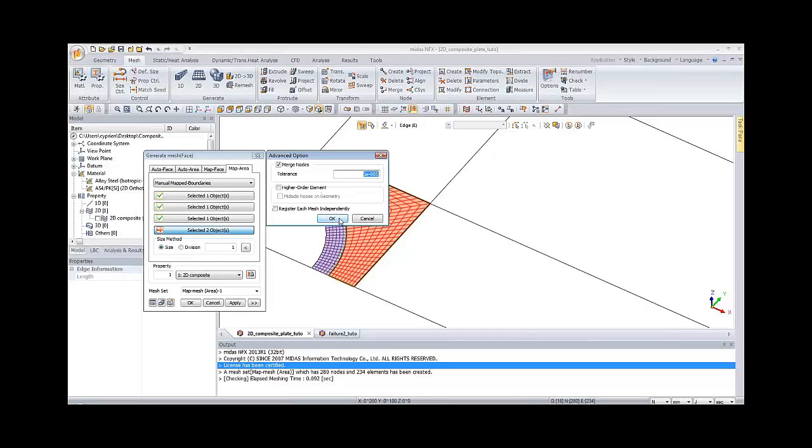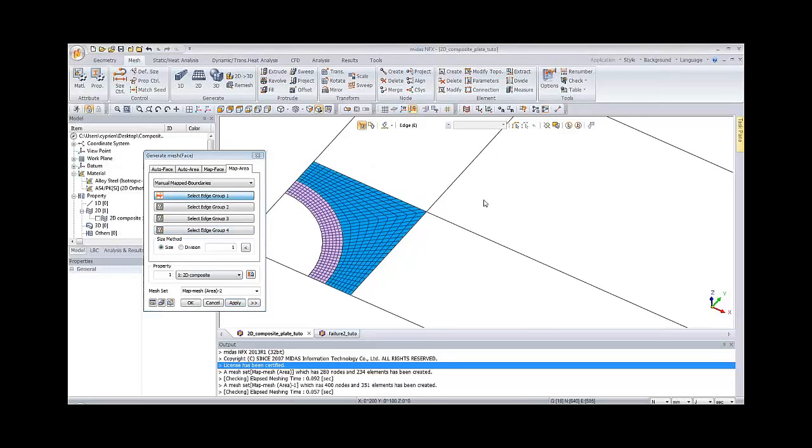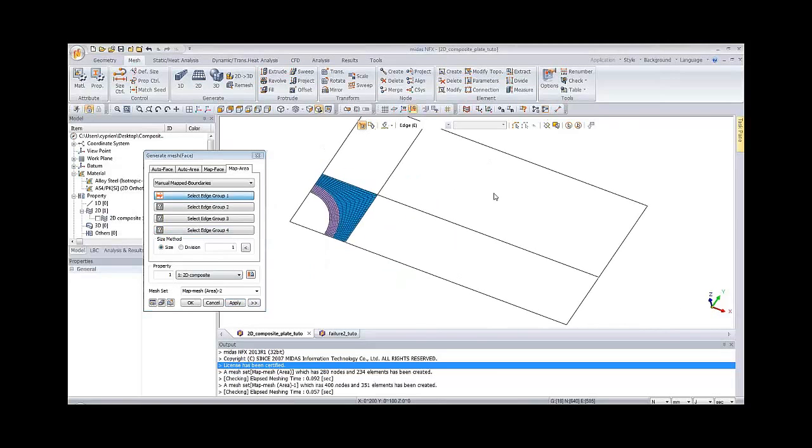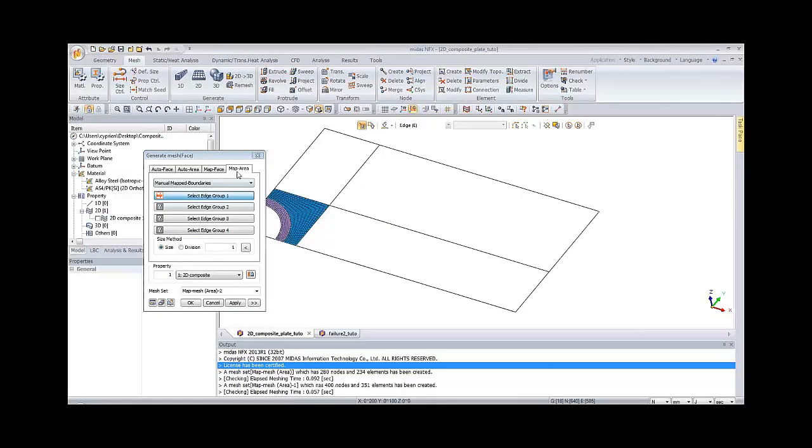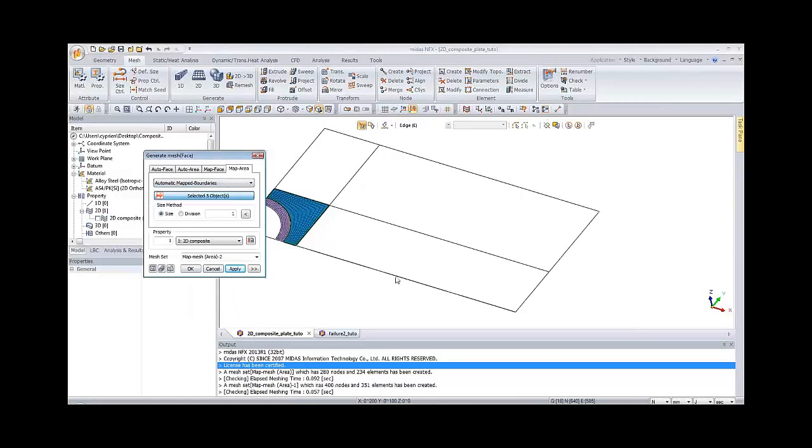And now, to mesh the other two parts, I will use again the automatic mesh boundary. So I will simply select the 4 edges here. The size will be 10 millimeter, so it will give something like that.